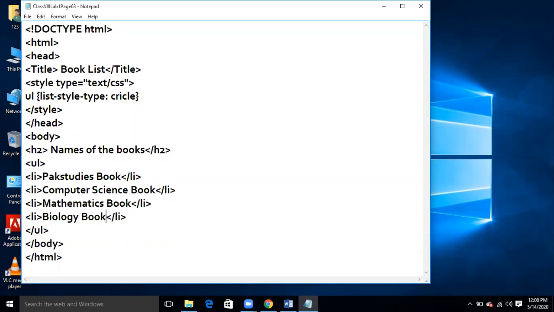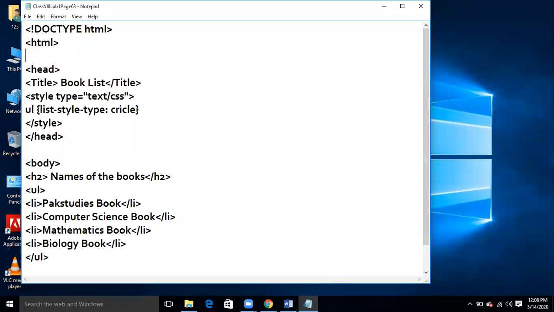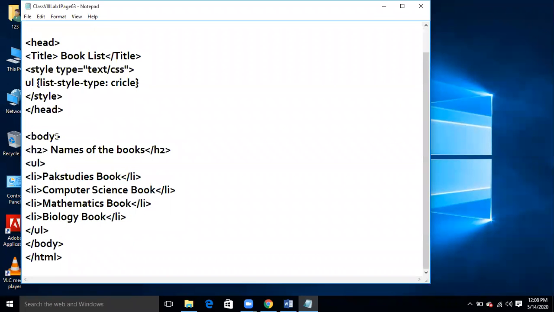Okay, so these are the list of the books that we have created, and such type of coding we have already done. You know that there are two portions in the HTML codes. The code is started by doc type HTML. There are two portions: head. This is basically the head. In the head we mention the book title, the title, and list style. List style we have taken as circle. We can also mention a square over here. It depends on us if we want to take a circle or a square.